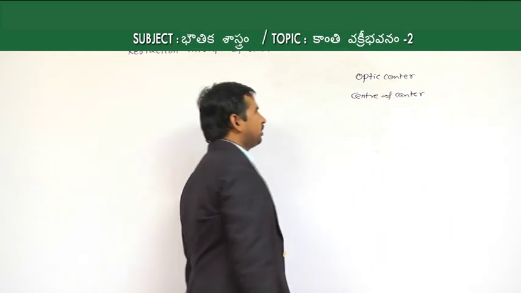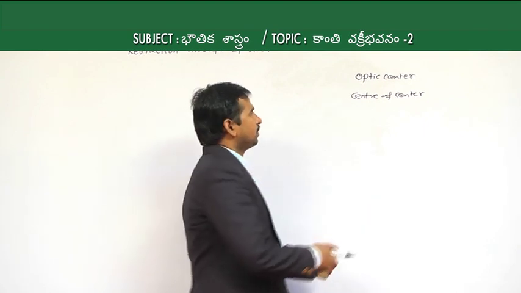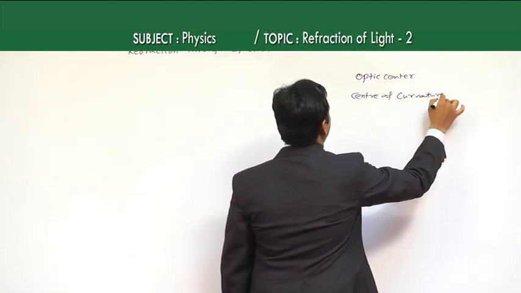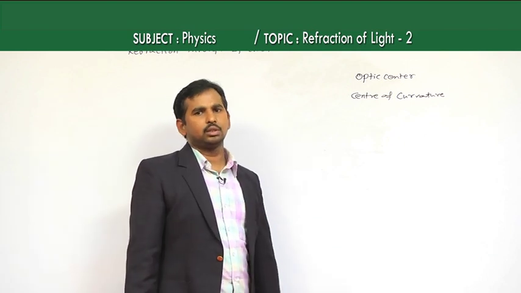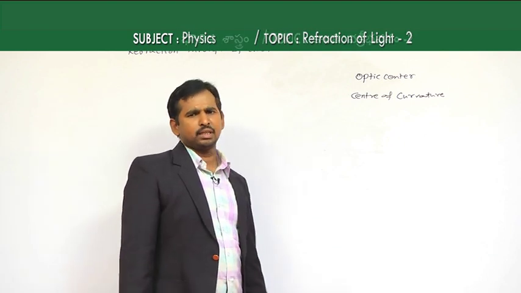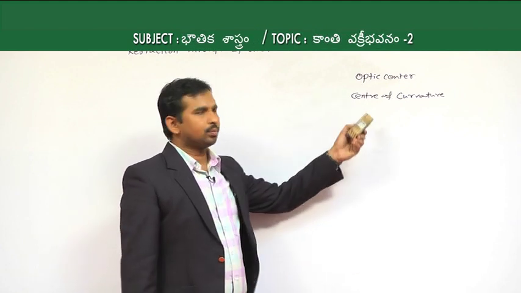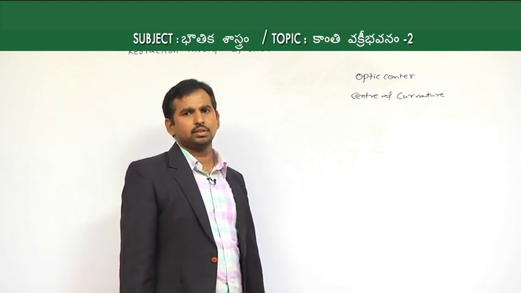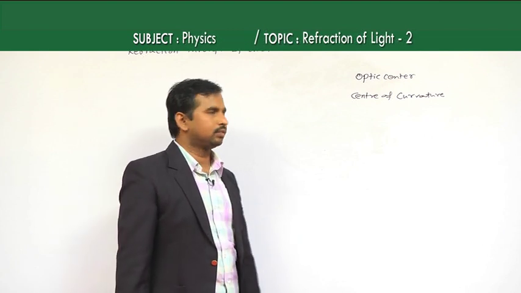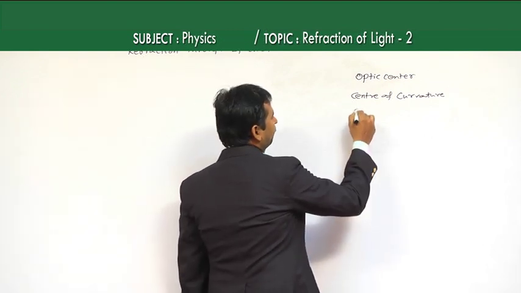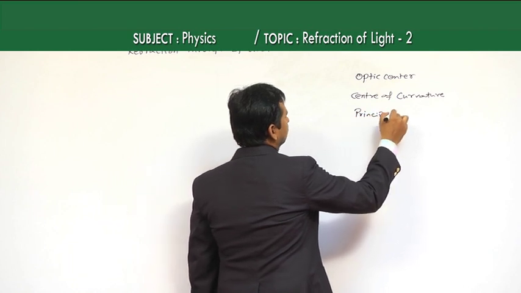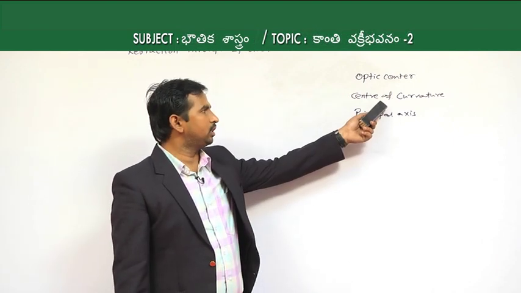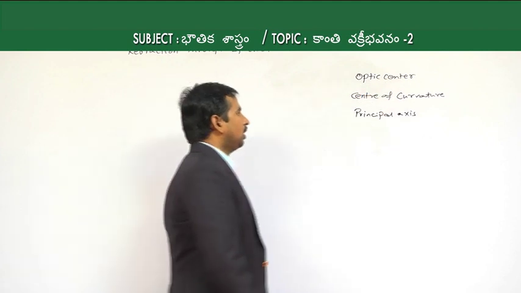Actually, this is the geometric center. Now, this is the center of curvature. Center of curvature is nothing but the center of the imaginary sphere we are taking, of which our lens is a part. And the next one we have is the principal axis, which is nothing but an imaginary line passing through the centers of curvature and the optic center, and after that we have